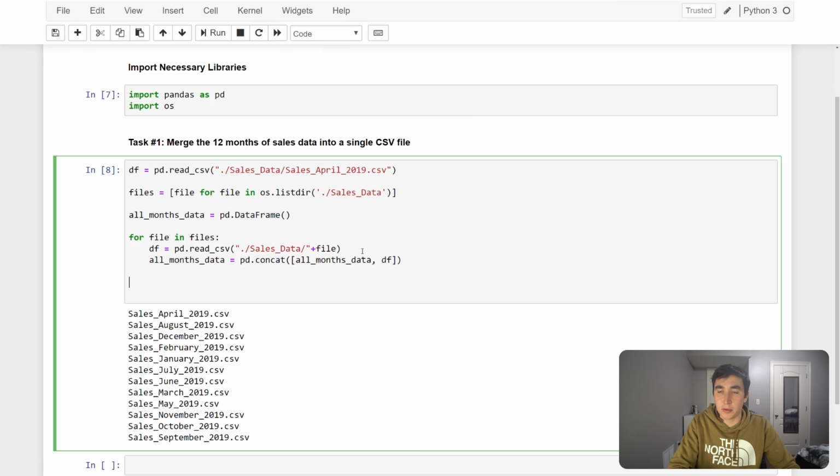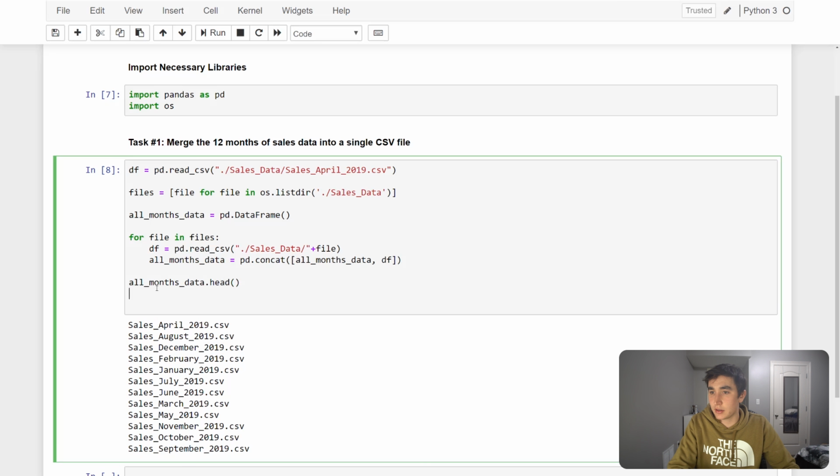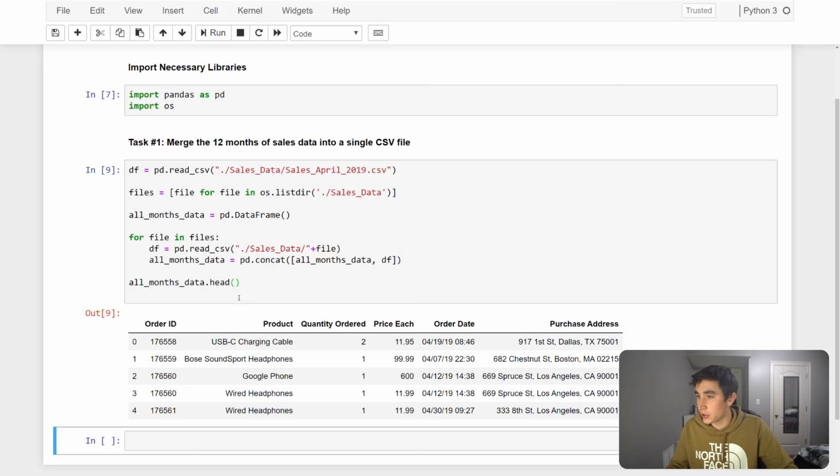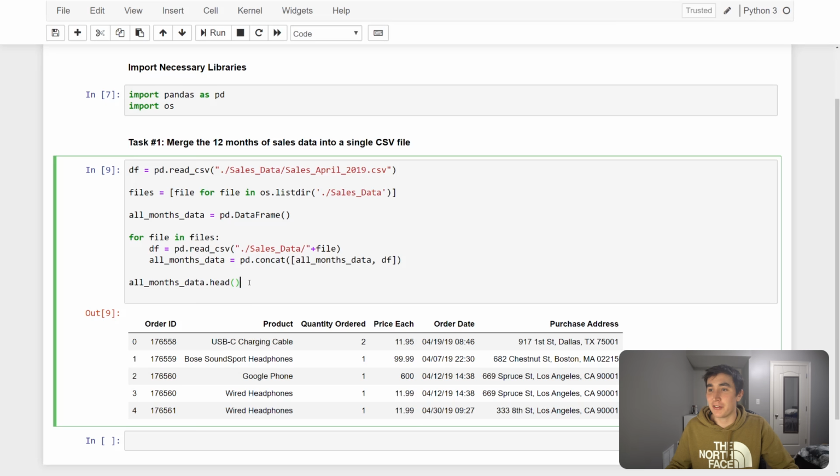All right. And then when we get to the end, it should have concatenated each month because we iterated over each file, and we should get, we can do all months data dot head and see what we get, see if anything works. I mean, it ran, so now it's a matter of did all months data, can we save it and does it have everything? So I'm going to do a to CSV. I'm going to do all months data dot to CSV,